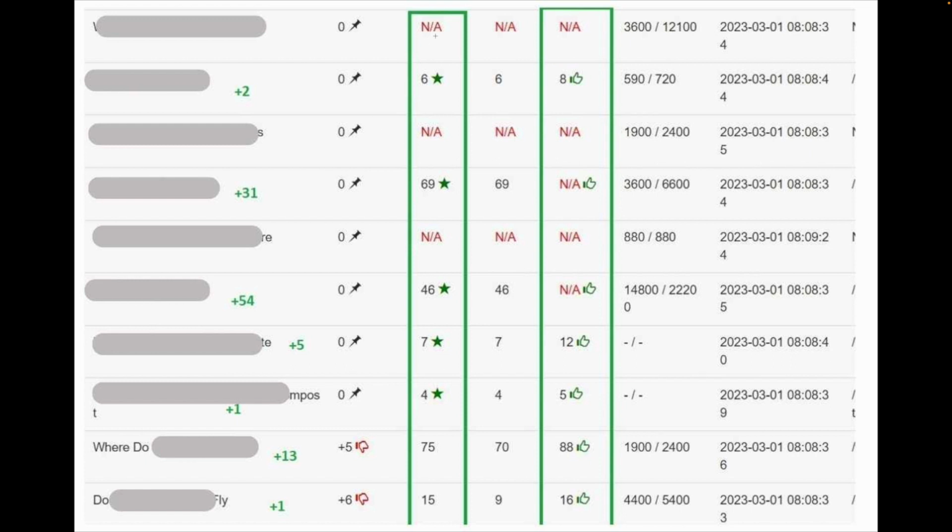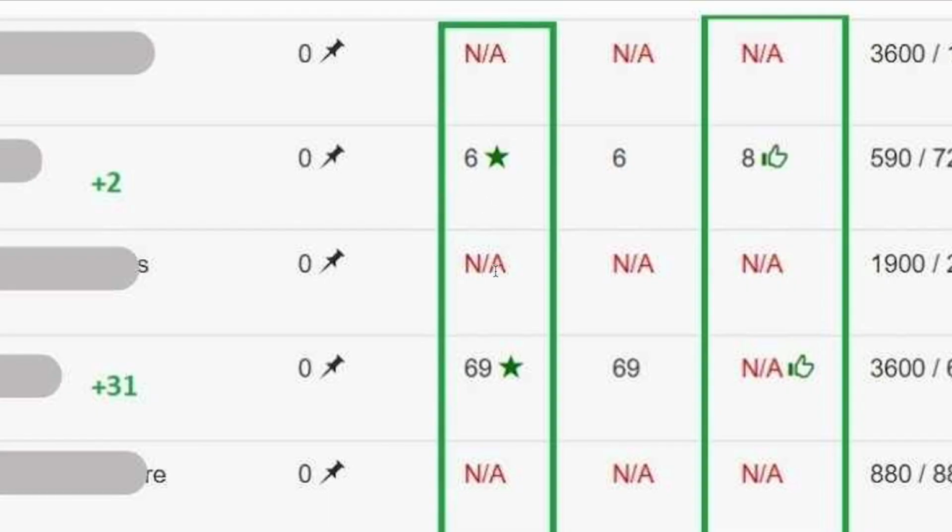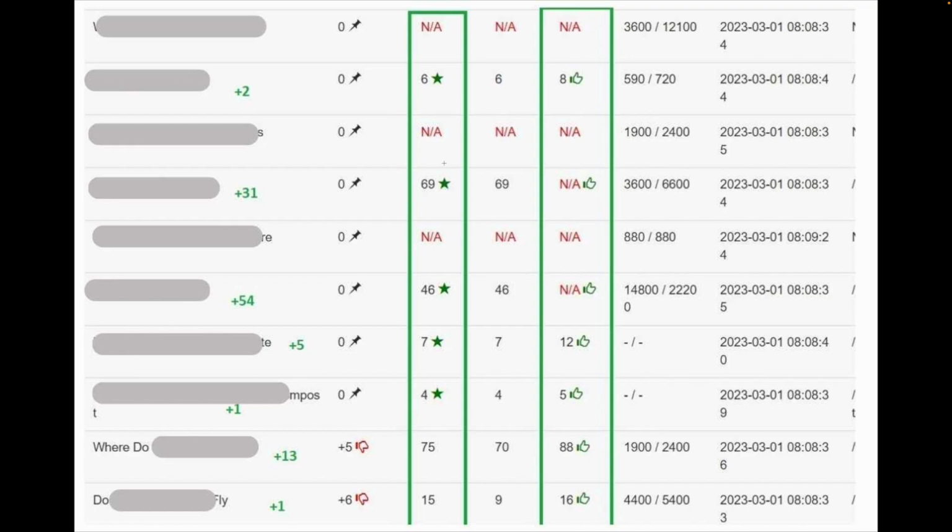Now, the ones that say NA, that basically means that this tool has not picked up on these keywords yet, i.e. after the changes have been made, it's not found these keywords in Google. This often happens with this tool, but that will update over the next few days. So I do expect these NA results to pull through with this tool any day soon. However, like I say, let's have a look at the ones that are in green. If you see any numbers here with a star, it means that is the highest position this keyword has ever been. So you can see out of the list of 10 keywords that we're tracking here, the first one has